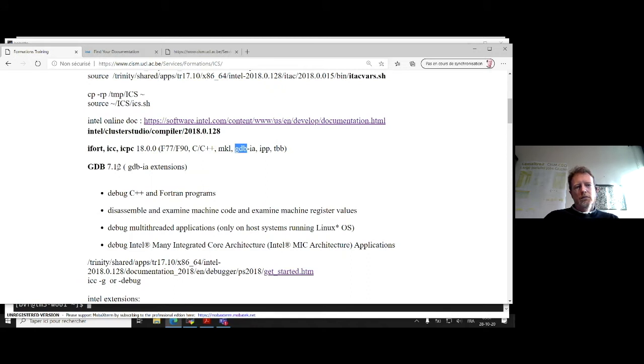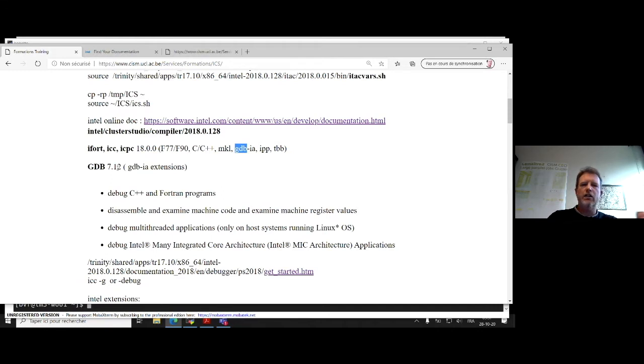So a good way to find a solution is first to compile without any optimization, with -O0. And you see, of course, it's slower because there is no optimization